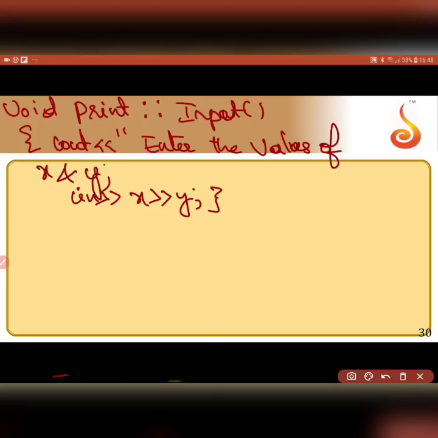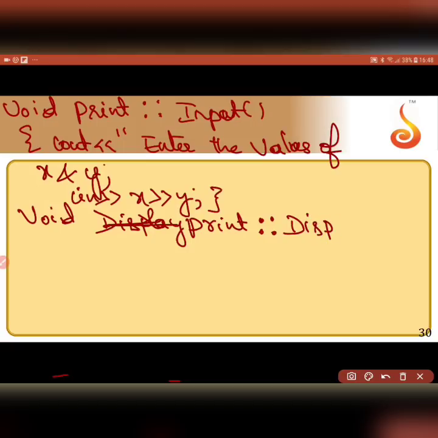That is, in the input function I am taking in the values of the class data members x and y. Next is the display. Again the return type is void: void print scope resolution operator display.